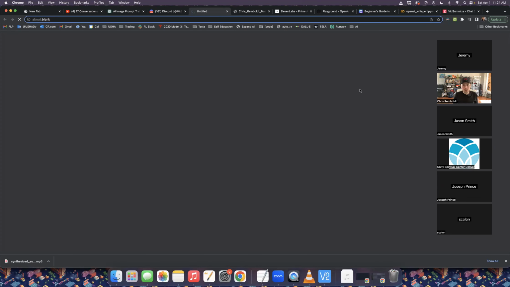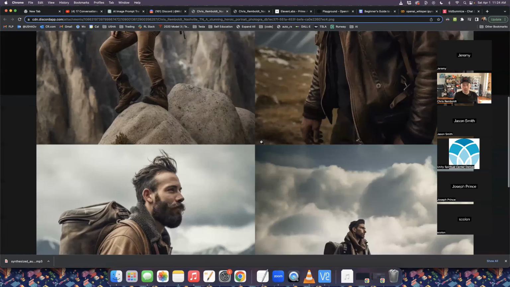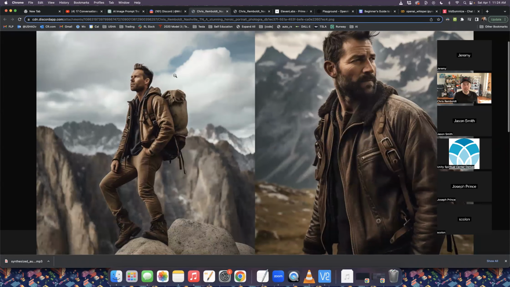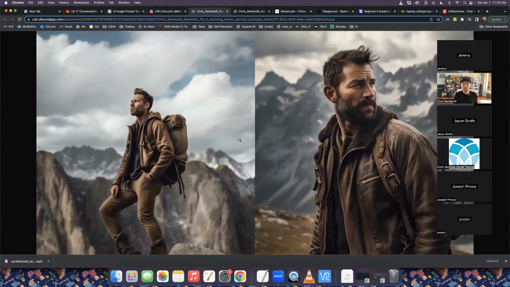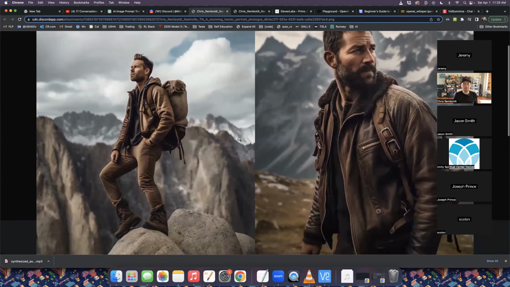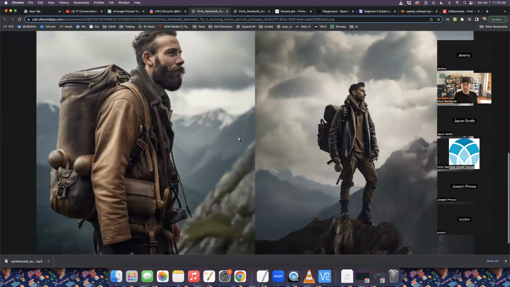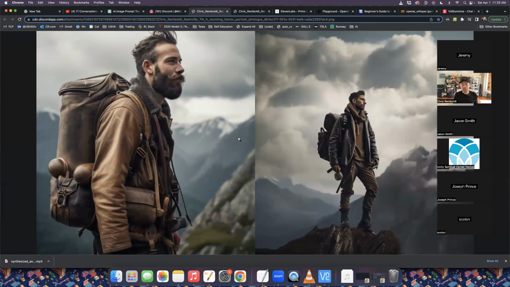Here are the results. I feel like some of them were a little better. Like this one looks kind of like me. Obviously, he looks quite a bit cooler. All these look a little bit cooler, but that's kind of cool if your goal is to make pictures of yourself. Most of the time, you want them to look a little cooler than you really are. And that's definitely the case on these.